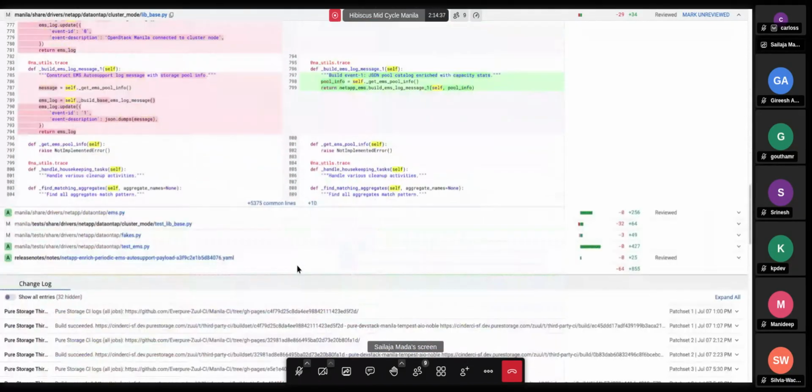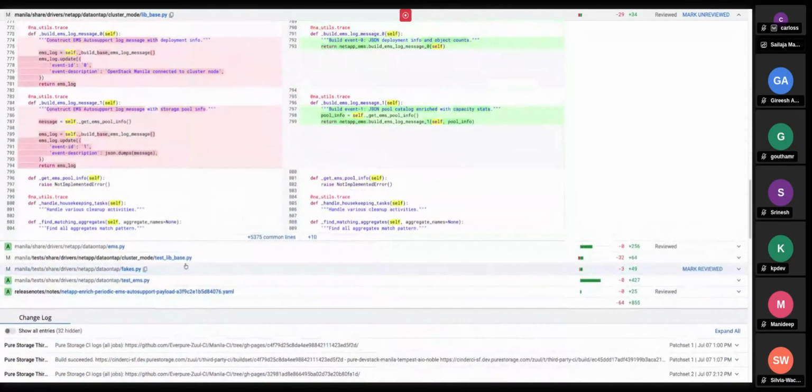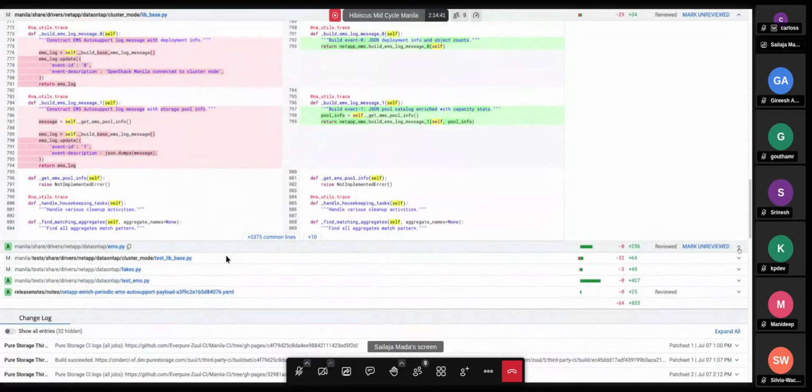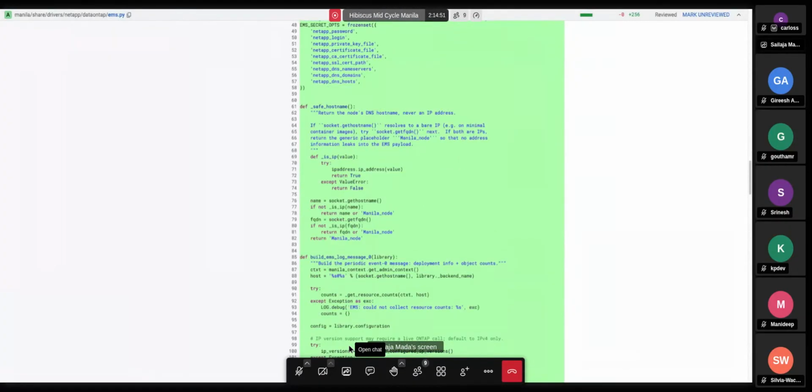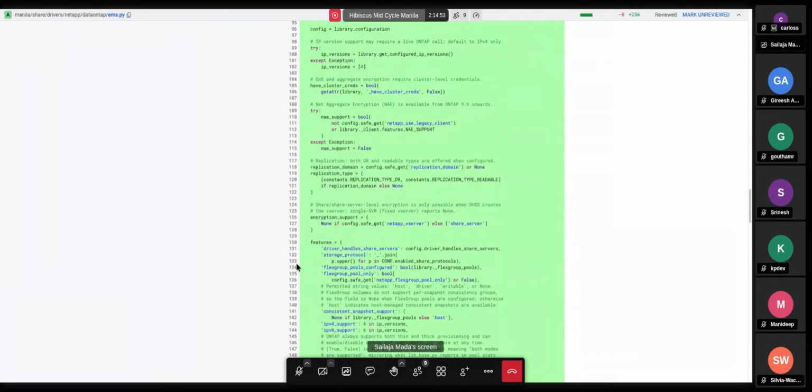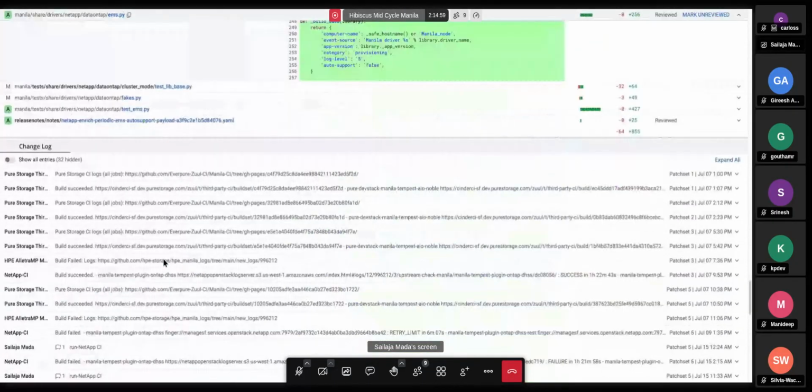Next thing is a new file that is introduced, where the configurations that are enabled on the backend are collected. The second thing is the pool capability. So this is a new file that is introduced as part of the changes. Yeah, pretty much that is about it.